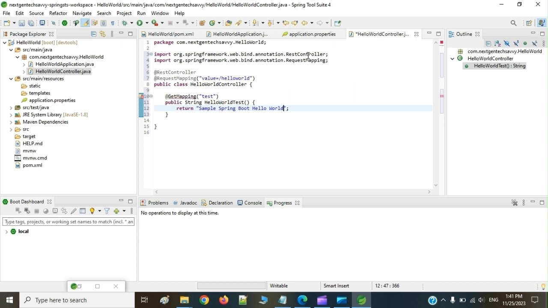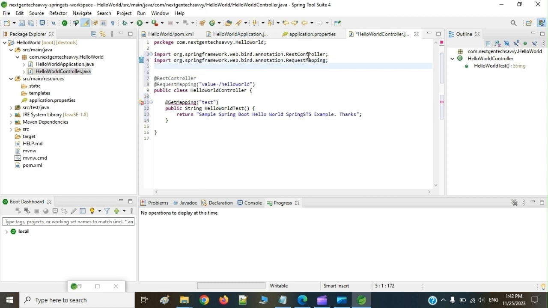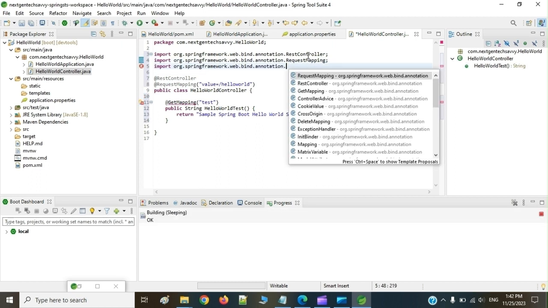hello world spring sts example. Okay, so when we hit the browser with this URL, then we are getting